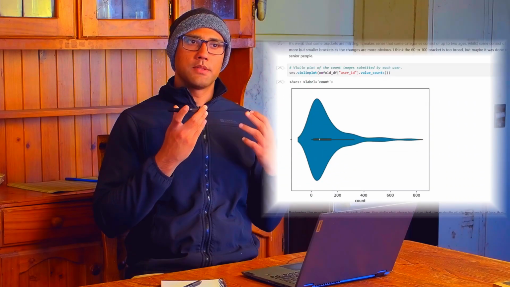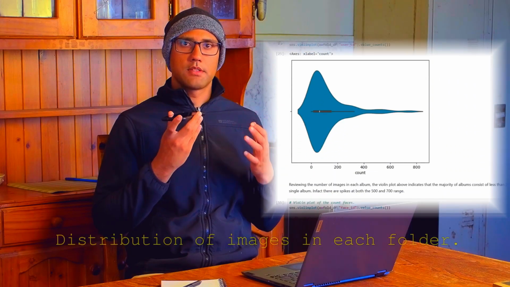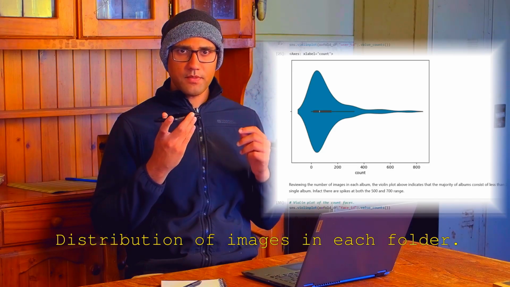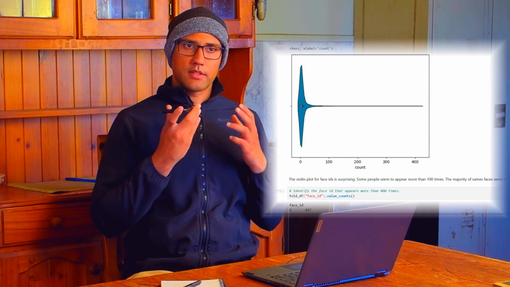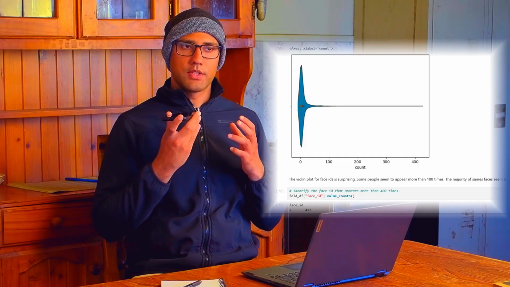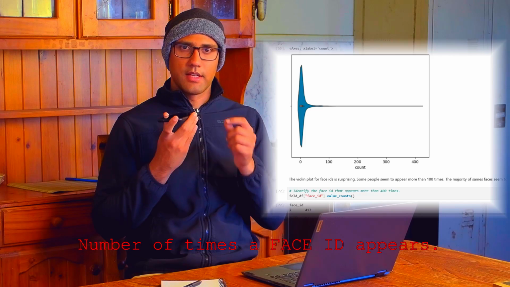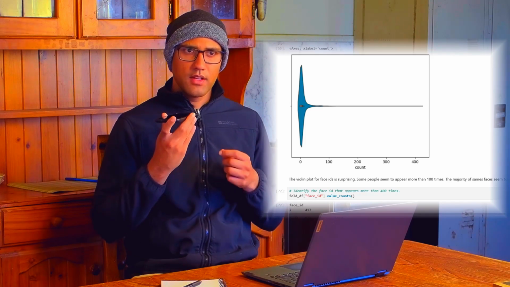Okay, one of the other things I was worried about with this data set was the fact that when I had a casual look at the images folder, I found that an image of a person would repeat, and I was wondering how they would deal with that. Because in some of these albums, there were up to 800 images submitted in a single album. But I found that they've actually handled this by introducing a face ID for each unique face they had encountered in each album. So every new face they encountered, they assigned a new face ID.